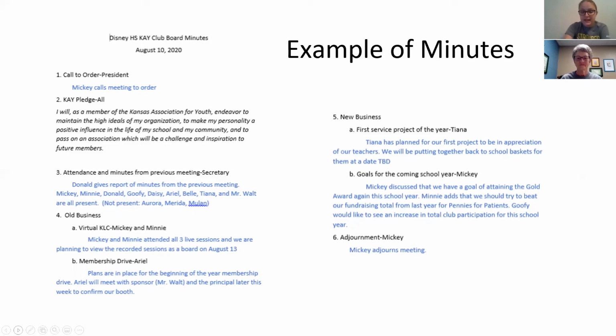And you'll notice that everybody who had a goal and shared it, their name is down. So that if maybe in the future, if you want to know more about it, if you want to go back and say, okay, I remember you said this, can you elaborate some more? You know who to go to instead of, well, someone said it, I don't remember who. So you don't have to say word for word what's happening, but they do need to be detailed and they do need to be thorough. And then we have Mickey adjourning the meeting.